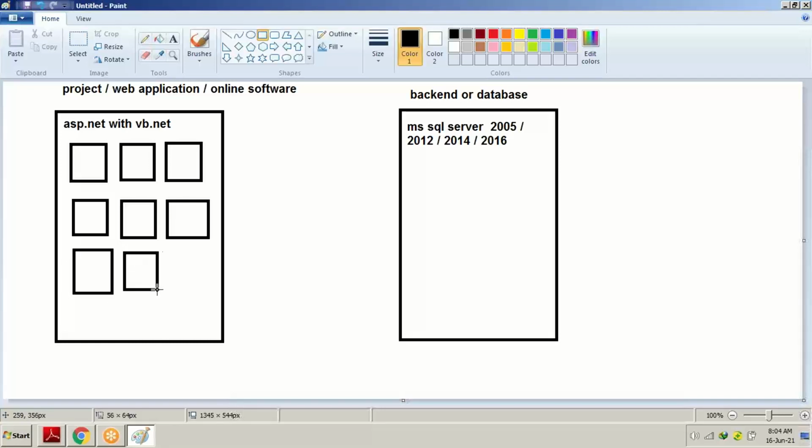According to the client requirement, we design the application and decide how many pages should be there in a project. And as I told you, I have taken only 3 pages: the admission details, the fee structure details, and the progress report of every student.